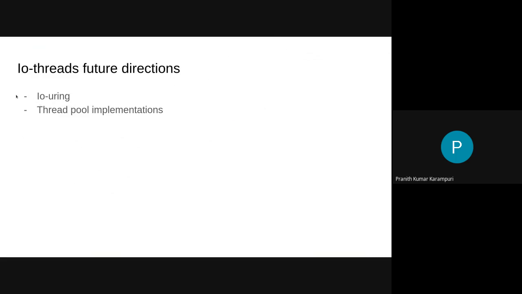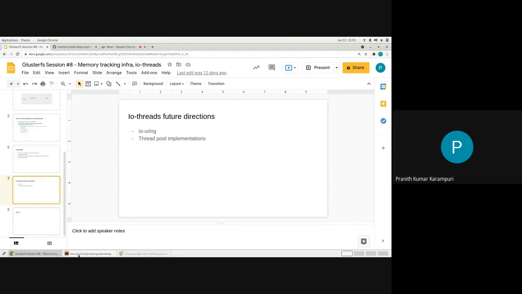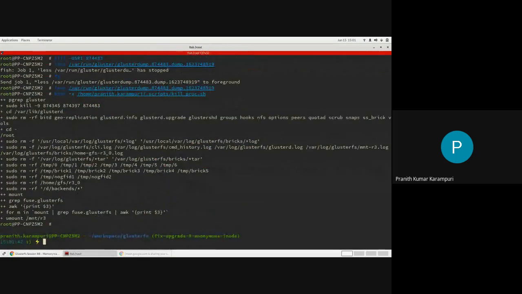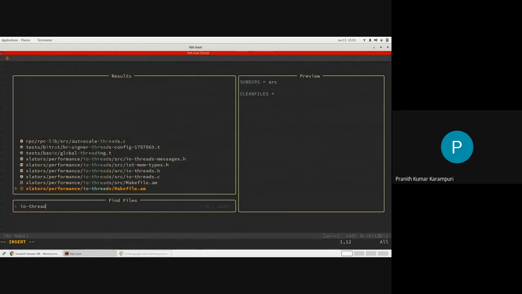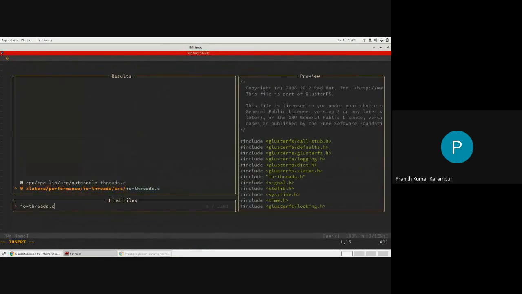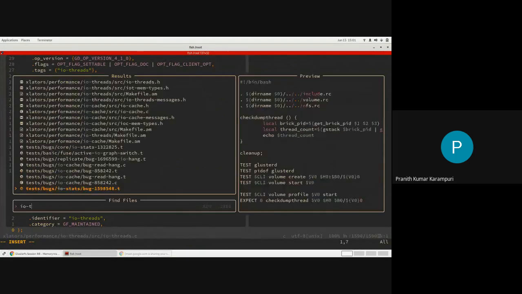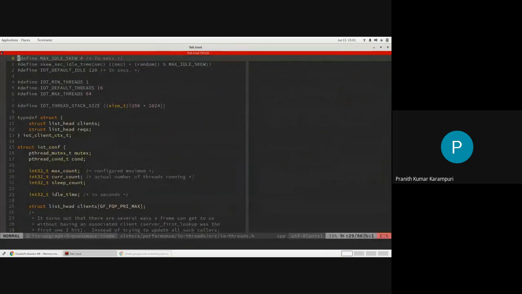Okay, so let's just jump right into the code. This is actually small slides. There's nothing else. Most of the code is also easy. This is one of the easiest translators to get into. It's only one file, not big. This is the only file, and then there is a header file. That's all. So let's look at some of the structures here.